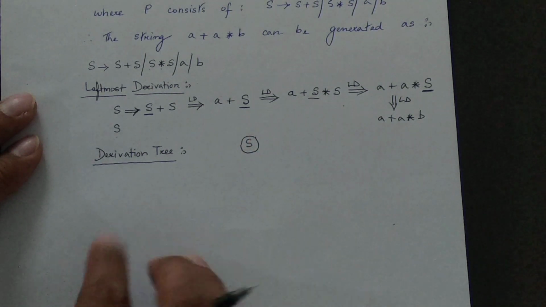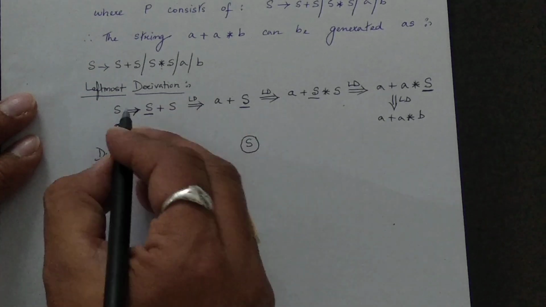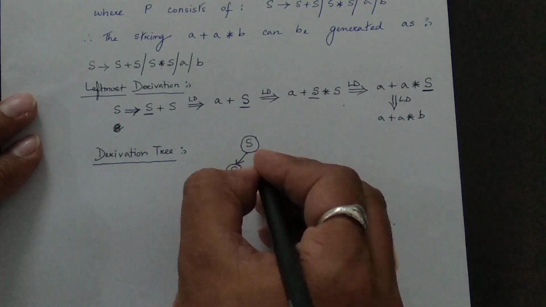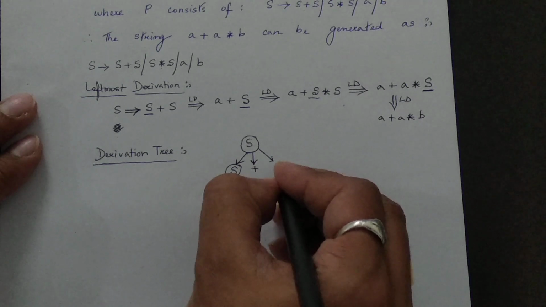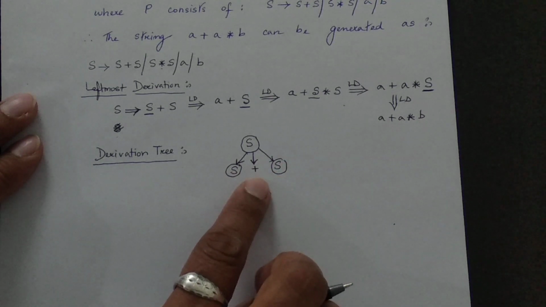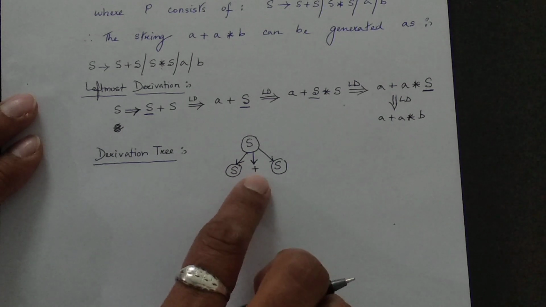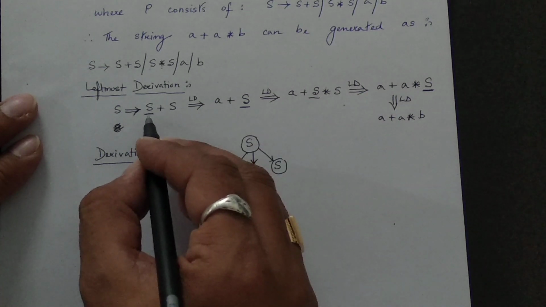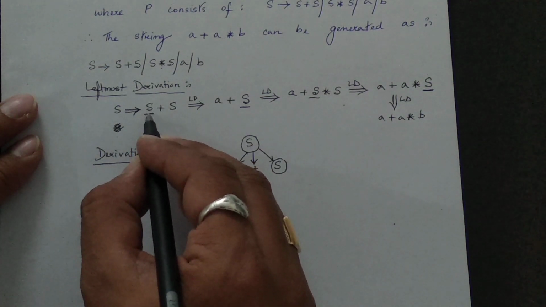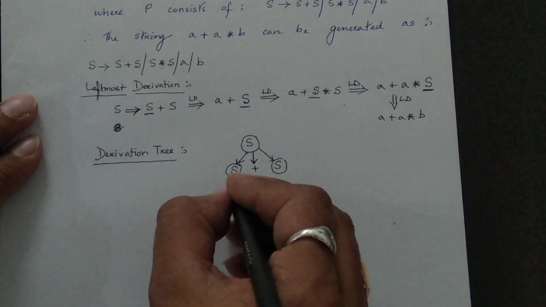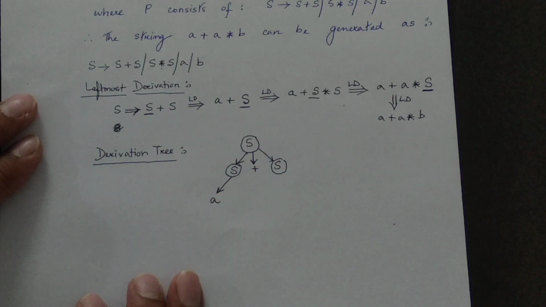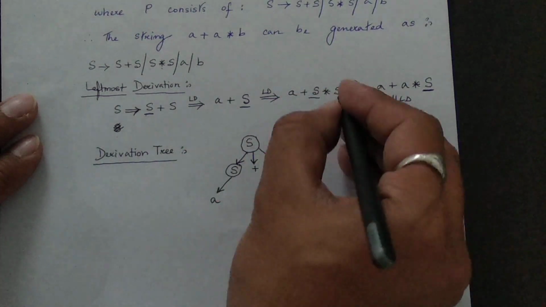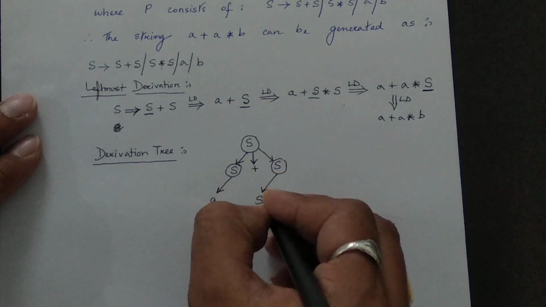So as I'm representing this, the first one, I'm removing this. So S implies S plus S. Okay, now you have to keep in mind that only the non-terminals will be encircled. Terminal symbols will remain as they are. Now next, what you did in the next one, the left-hand side S I have eliminated by using A. So I will be replacing this by A, correct? Then next what you did, A plus S. Again I have replaced S by S asterisk S. So I will replace this by S